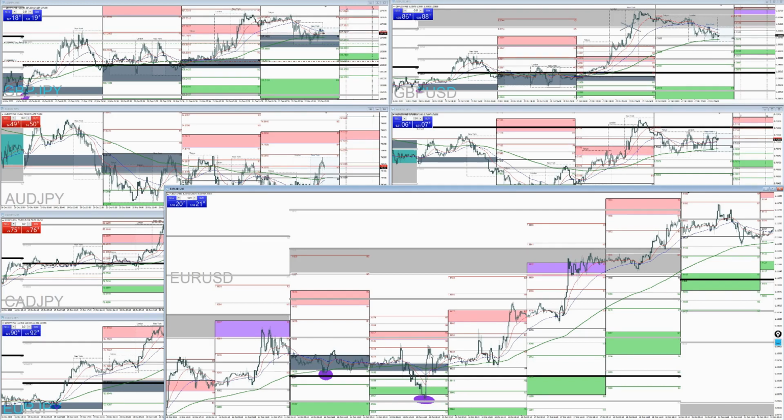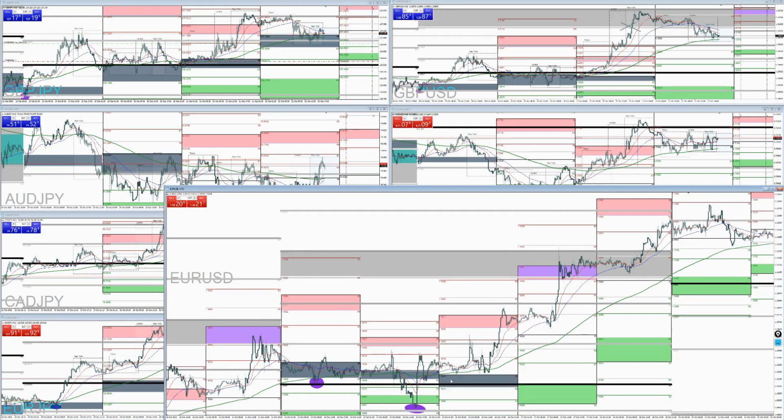Once we do get the break of pivot, I can look at re-entering once again, and I'm going to re-enter at the central pivot with my stop right down below S1. And it looks like the very next day I'm going to have a take profit, because it is a little bit of a smaller than usual range here. I never reached my M5. The following day I did have a take profit reached, because it's the weekly take profit zone, and we'll go ahead and mark that out.